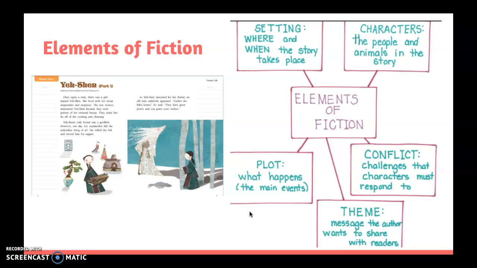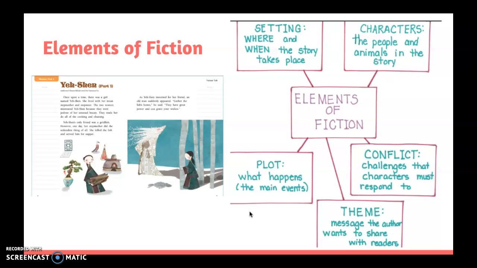So we did talk about how Ye Shen is a folk tale, and those are passed down from generation to generation. They don't stay entirely the same. They have been altered from way back when it even started, and they've been altered maybe for the different generational purposes or just by the storytelling itself. But Ye Shen is a very important story; it kind of digs deeper into the Cinderella story, so to speak, because Ye Shen was actually told in